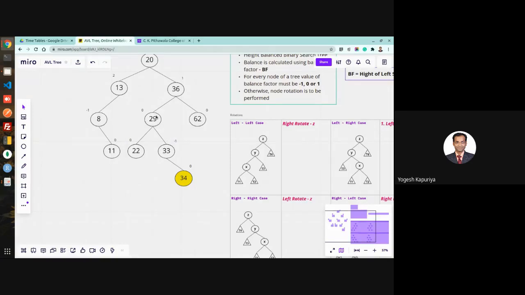Again, next in the path is 29. It is left minus right. Left is 1, right is 2. So 1 minus 2 is -1. And then again goes here. Left minus right. Left is 1, 2, and 3, and right is 1. So left minus right is 2. So that's it. Stop here. So this will be my z.